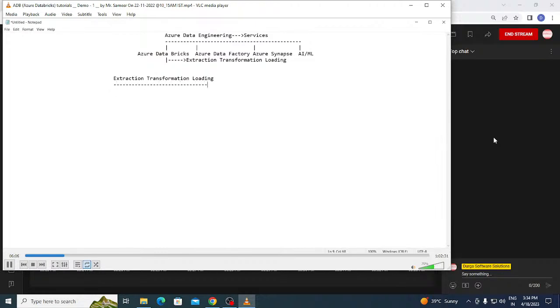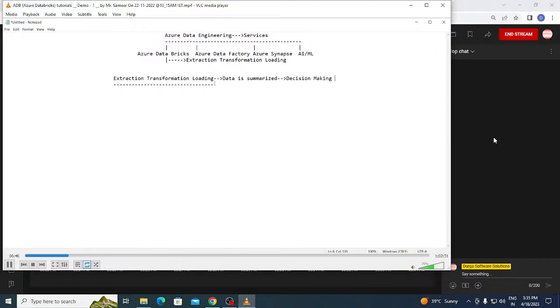It is a process where the data is summarized, and this summarized data is used for what? Decision making. So what is this process of extraction, transformation, and loading?